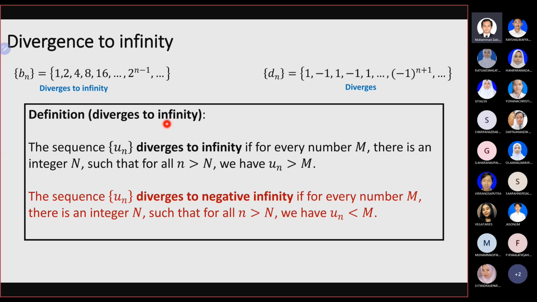Basically, this is the mathematical definition, almost a formal definition. The sequence diverges to infinity if we take the limit of the formula when n goes to infinity, and the limit goes to either positive infinity or negative infinity. So we say in that case that the sequence diverges to infinity.